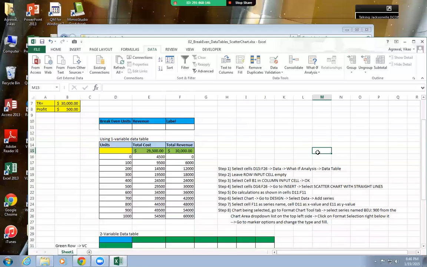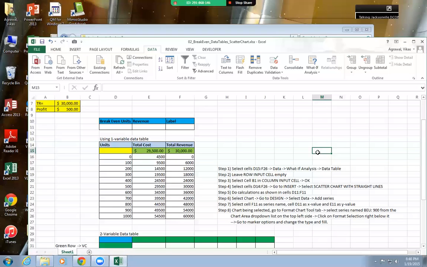Okay, got it. So now what we have to do is create a graph like this. Are you guys with me? Because we have those values for the quantity, right? We know our revenues. We know our total cost. So we know all the data that we are supposed to know to plot the chart, right? So we should go ahead and plot the chart here.